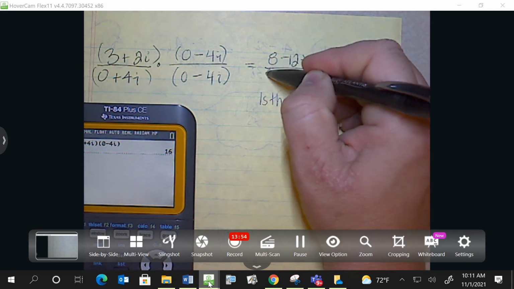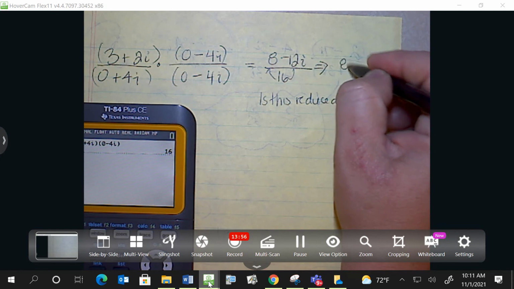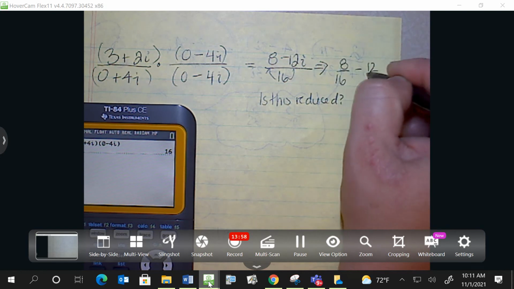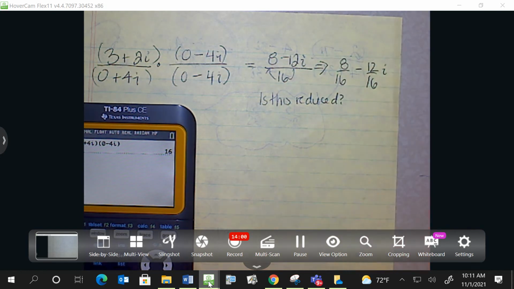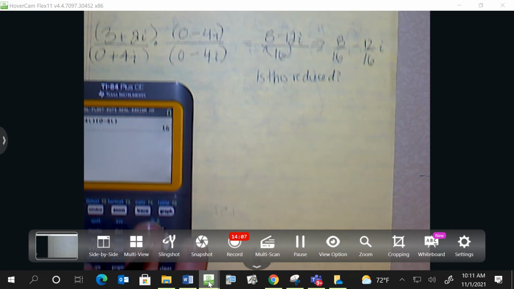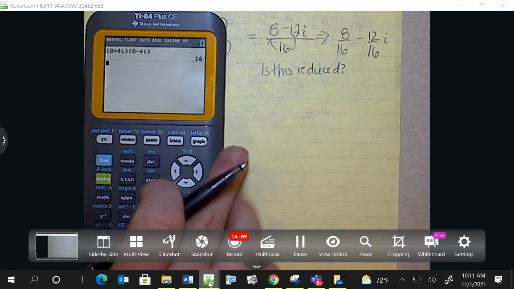This needs to be shared with both. So I'm going to rewrite this: 8 over 16 minus 12 over 16. In no way am I telling you to stop doing mental math. If you can do the mental math, then do that. It's much quicker. If you struggle with that mental math aspect, then what we're going to do is we're going